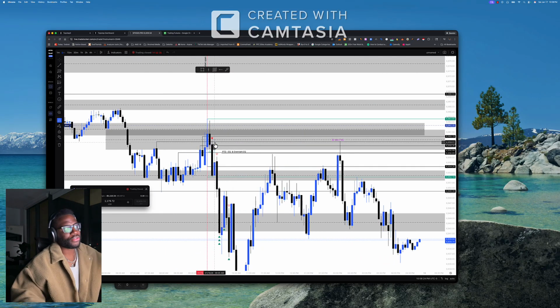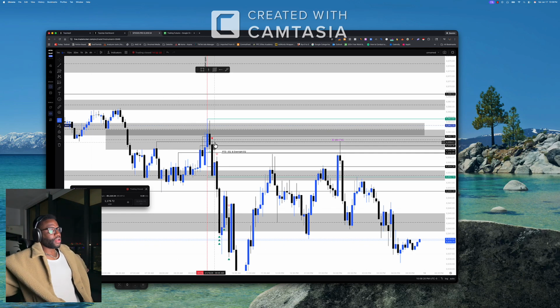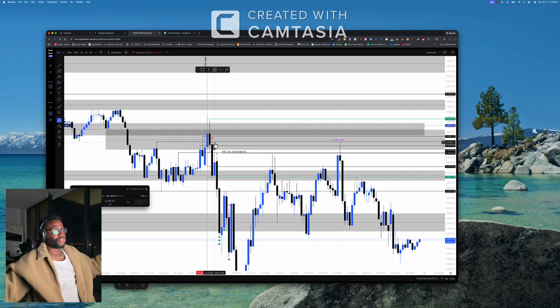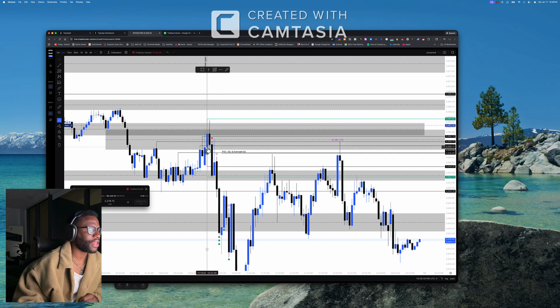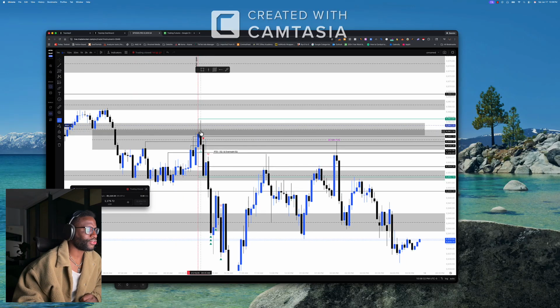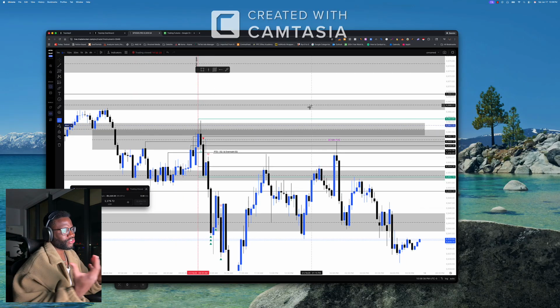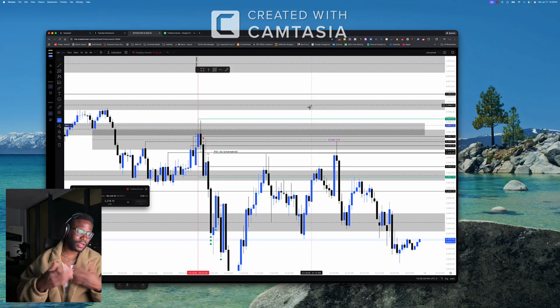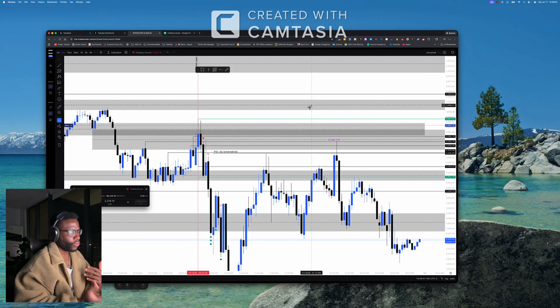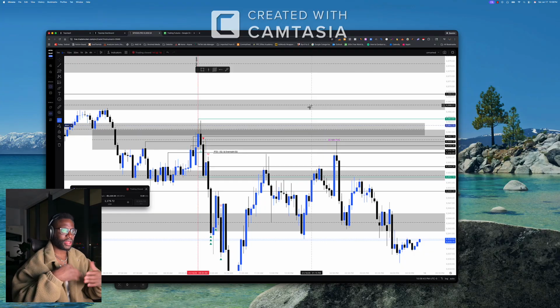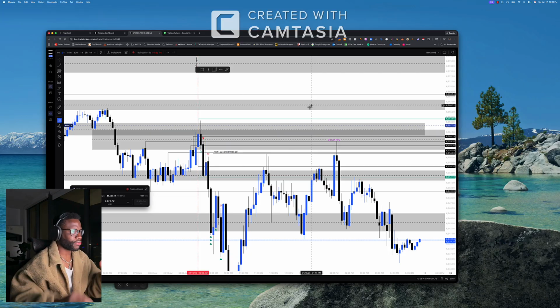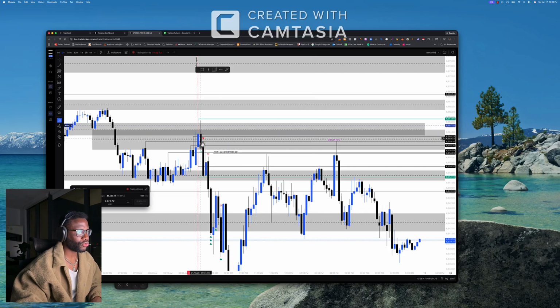Yes. So once again, I don't know what happened. We broke structure to the upside, and that's when I bid in, but I got invalidated, so it is what it is. The one thing that I noticed is that once this trade was invalidated, I was able to adjust myself and think, okay, what else is an option? That's why I like having plan A and plan B, and then from there make adjustments, and then boom, I was able to ride this all the way back down, baby.